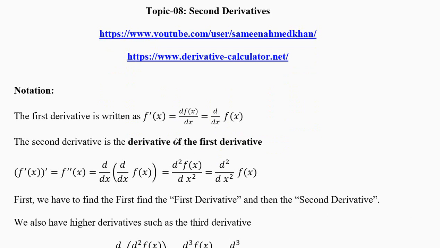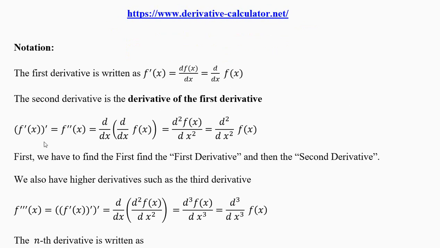Now the first derivative is written like this: f prime x equal to df by dx. You can write f of x like a fraction or on the side because d by dx is an operator. Now the second derivative is the derivative of the derivative. So you put this comma, which is called prime, two times, once here, once here, or you can put the two primes together like this. So this is the derivative of the derivative.